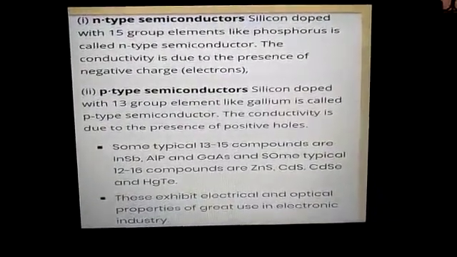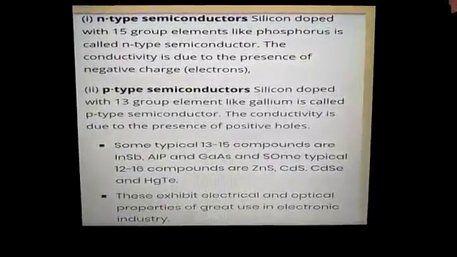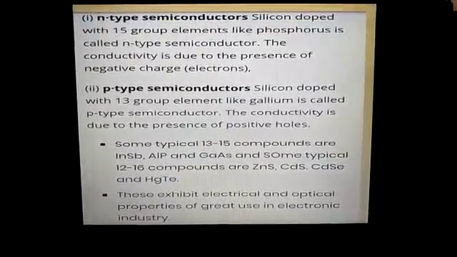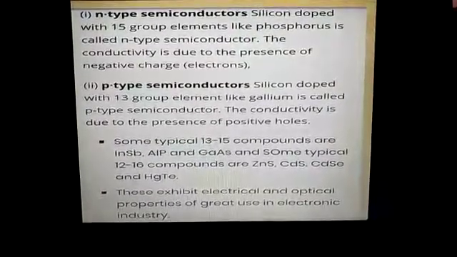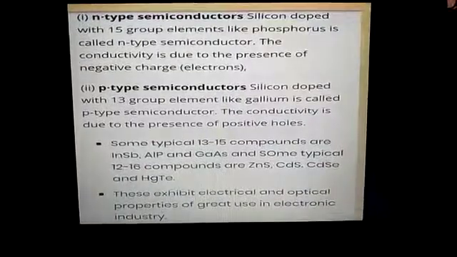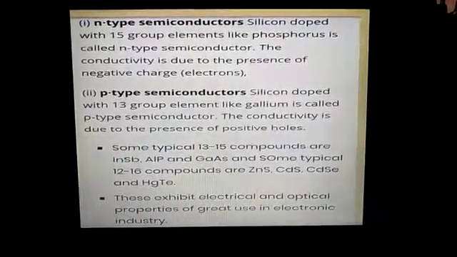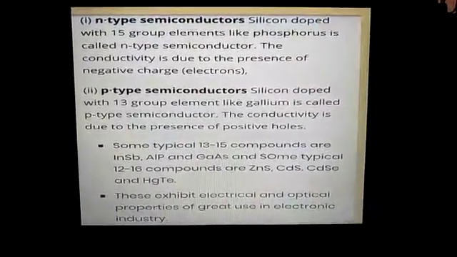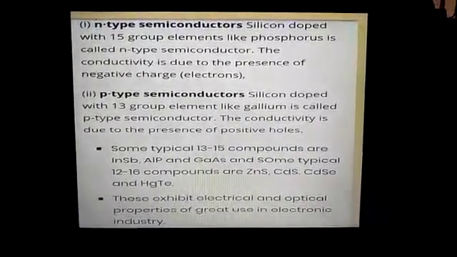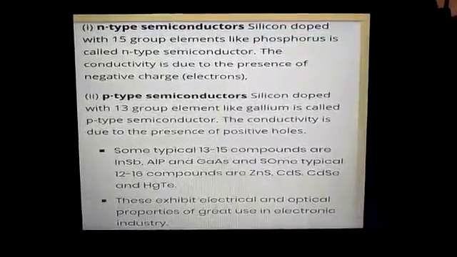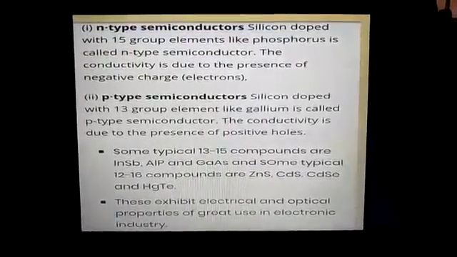Now, doping with electron-rich impurities. As we know, a group 14 element like silicon or germanium has 4 electrons in the valence shell, and they are able to form 4 covalent bonds with the neighboring atoms. When it is doped with a group 15 element like phosphorus and arsenic, the silicon or germanium atoms of the lattice site are substituted by the atoms of phosphorus and arsenic. Now, as these atoms have 5 electrons in the valence shell, after forming 4 normal strong covalent bonds with the neighboring silicon atoms, the 5th extra electron is free and gets delocalized. These delocalized electrons increase the conductivity of the silicon and germanium,